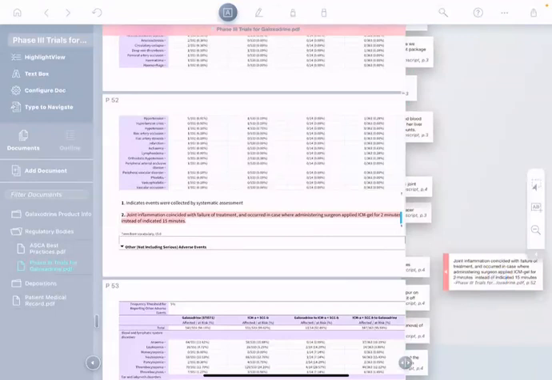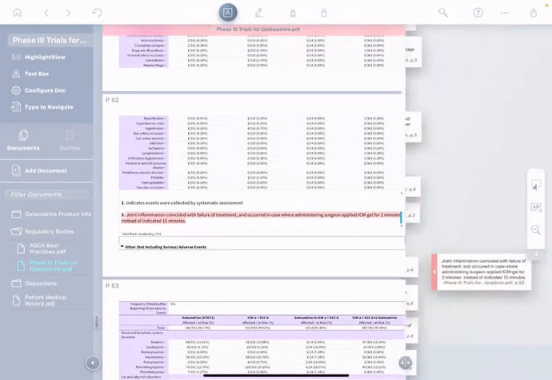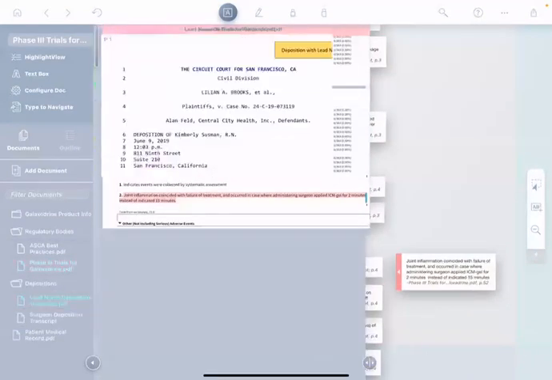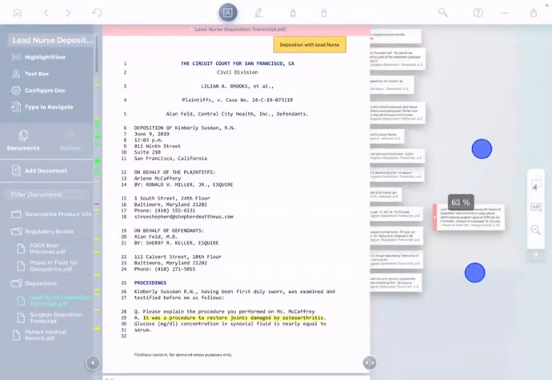Okay, so now I've pulled this out. But again, I don't know if this really helps because the surgeon said that he left the ICM matrix gel on for 15 minutes. Well, what could have happened? Maybe the surgeon made a mistake. Let me try to find out a little bit more. I'd like to go back to depositions and take a look at the lead nurse's deposition transcript, see if there's anything in there that sheds more light on what happened here.